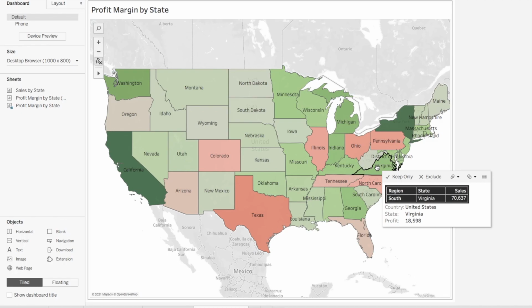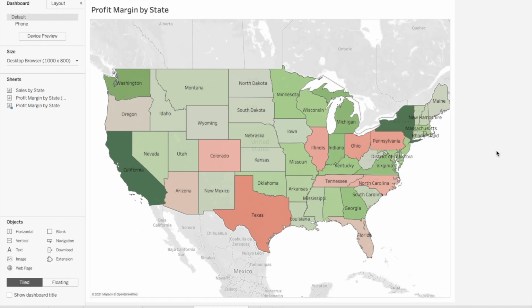Okay, so hi everyone. Today we will learn how to create on hover reports in Tableau. So basically, what is an on hover report? An on hover report is whenever you bring your cursor to any chart or any dashboard in Tableau, it will pop up another small report for your reference.